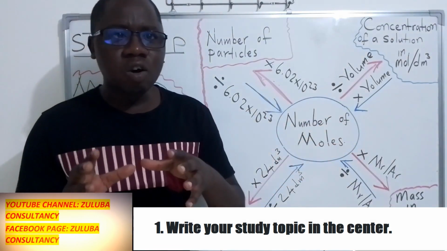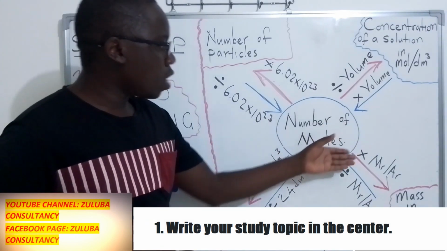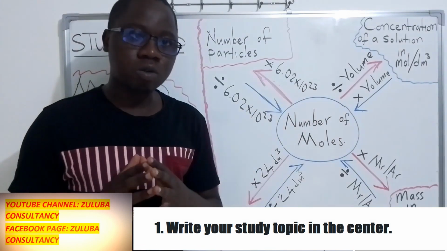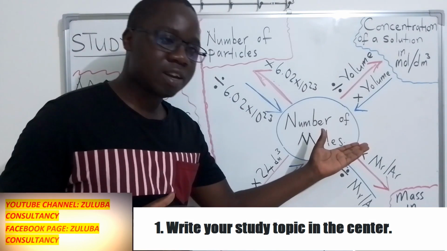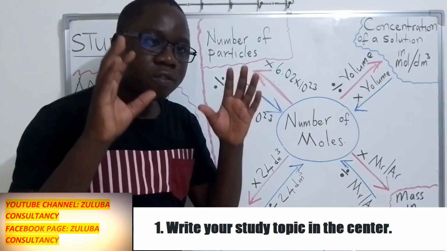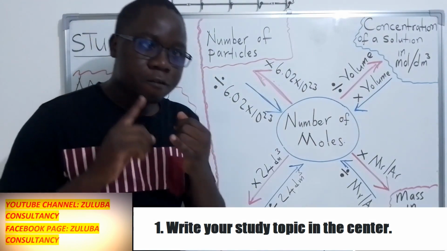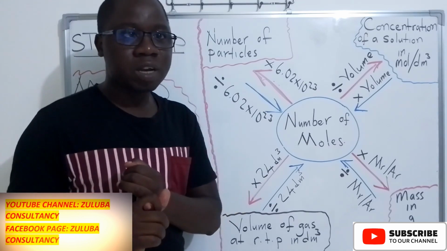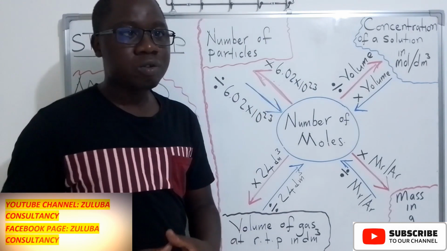So at the end of this lesson, you want to know how to calculate the number of moles. Now, the main objective that you are studying should be put at the center of the paper you are using to study. So the first step is identify the main objective, put it at the center of the paper you are using